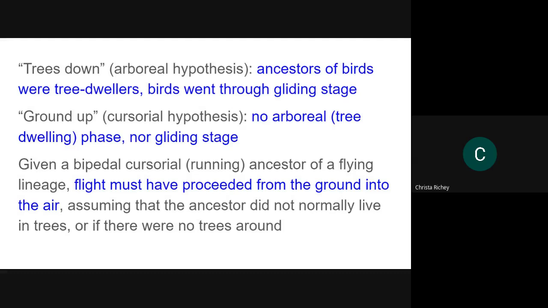Or it started from organisms that were on the ground. They became bipedal, like us, let their arms be free, which were now feathered, because we know now that most dinosaurs had feathers in some way, shape, or form, freed up the hands, and then if they jumped, as long as they had enough speed for takeoff, if you will, they could coast. And the consensus right now is it actually started from the ground up. And quadrupedal things that had to be on all 4 feet, like a brontosaurus or a triceratops, there's no way that they would have taken off into the air as quickly as something like a velociraptor.